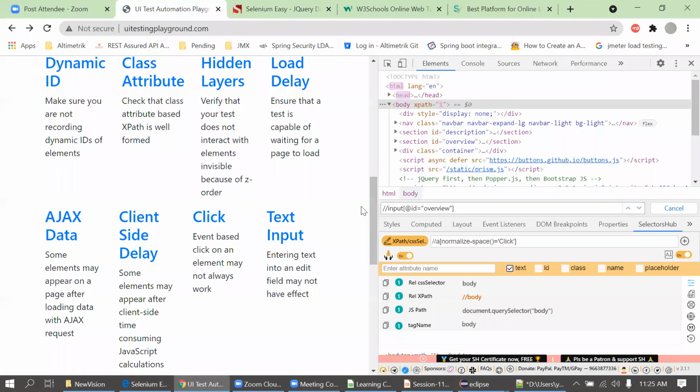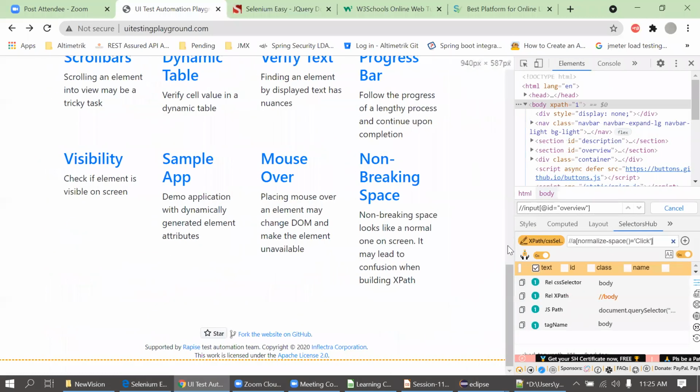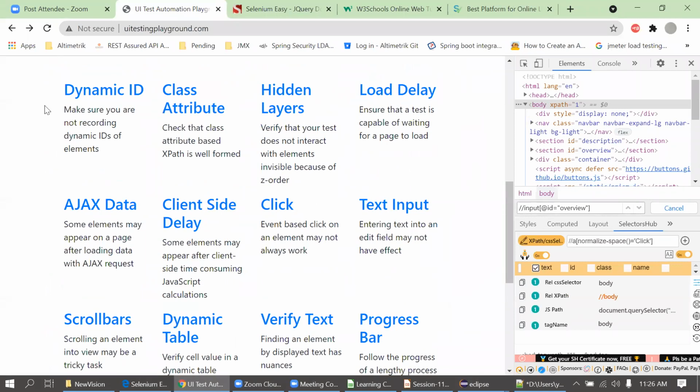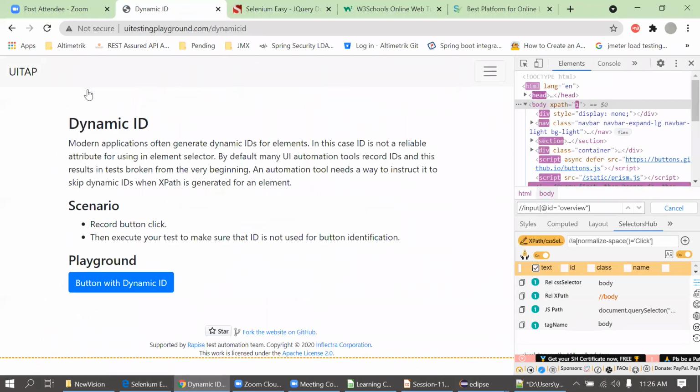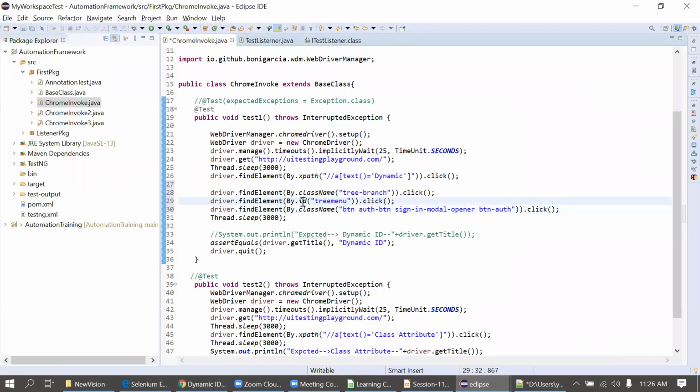But sir, in many of the deliverables I saw, and even I got to know that in many of the scripts, the maximum time they are using ID only. No, it is not recommended that you should use ID. If you are locating by ID in the script, the execution will be faster as compared to XPath. But in some cases, if your ID is not working, simply go for the XPath like this.